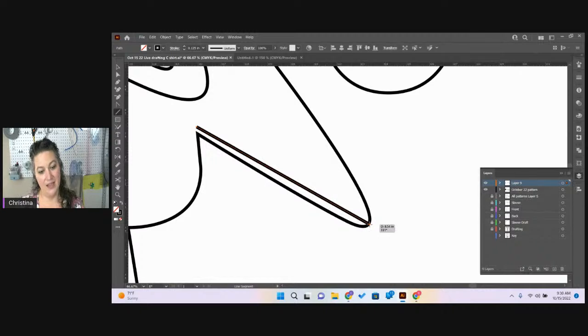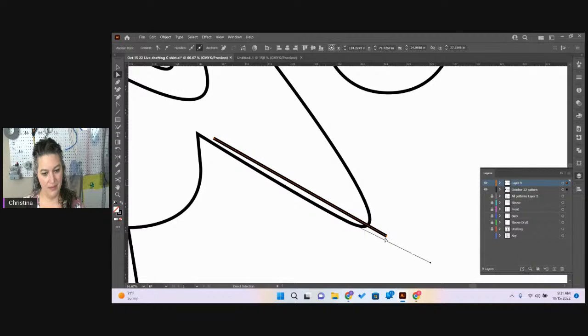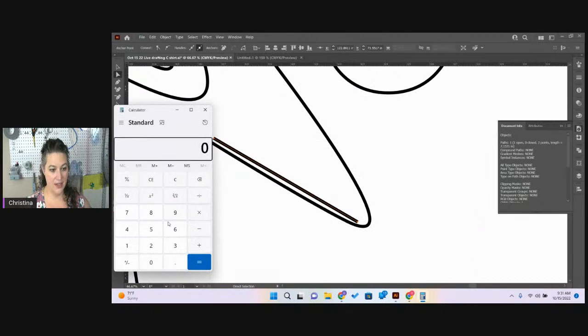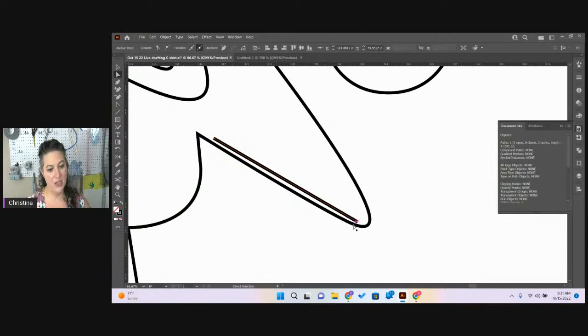So we have basically an 8.5 line. And we want our last one. What if we put it down? If we do 8, double click, there we go, come on. Shorten it. Information. Now we have a 7. So if we want to divide that 7, let's get out the calculator. So 7 divided by 4 is 1.75. So if we do 1.75 on each of those, so what I'm going to do,